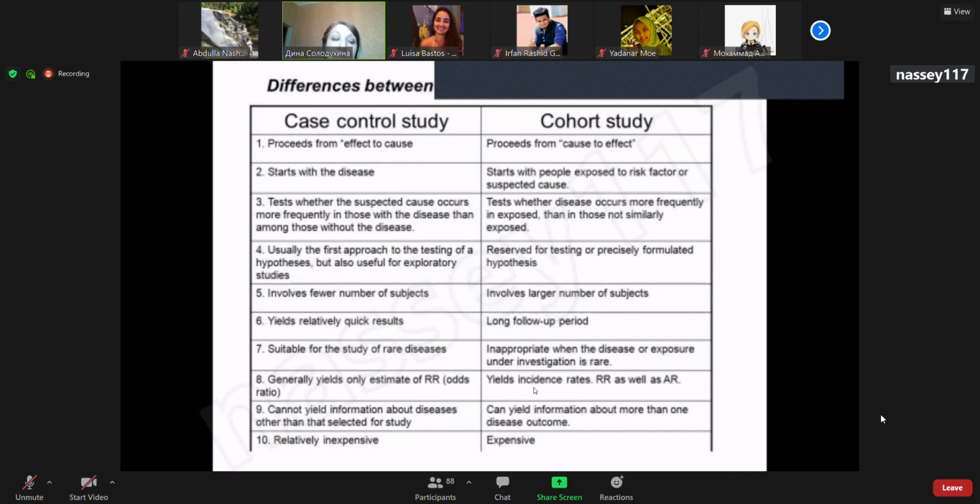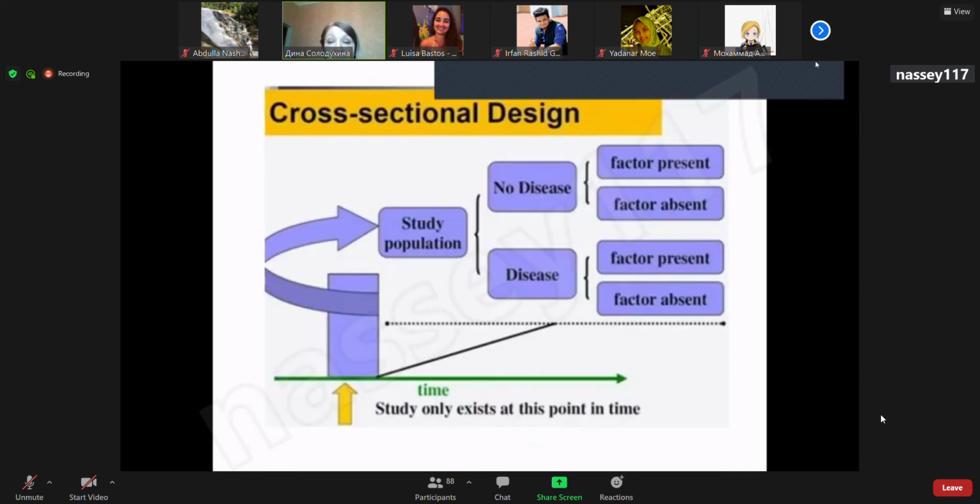And finally, we say that cohort study can use information about more than one disease outcome, while case control study can get information about diseases other than the one selected for study. So the preferences of epidemiologists will usually be in favor of cohort study, but they are more expensive and more difficult to conduct. So finally, we come to the last design, cross-sectional, which is a study